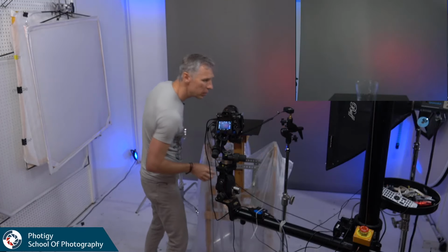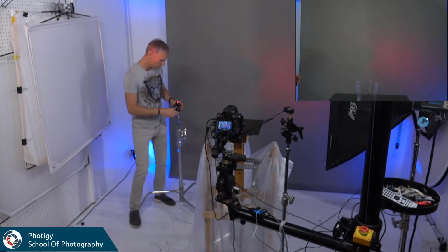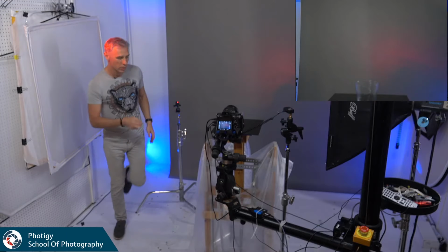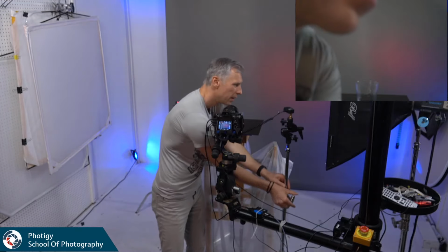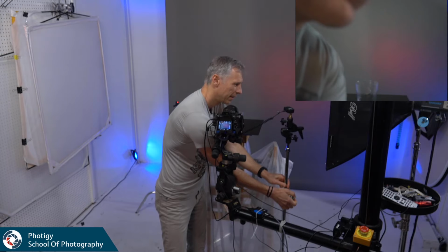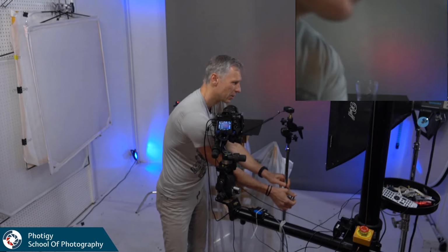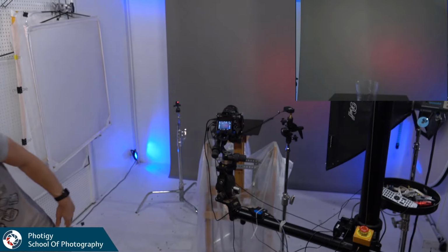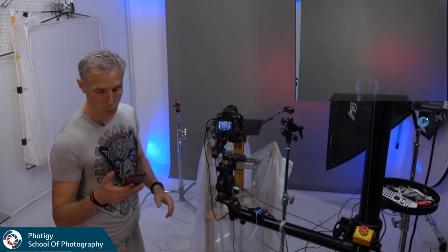Almost, a little bit higher. Let me try to kind of make it. Sometimes it's kind of a tricky thing. It's easier to adjust that guy. The sensor is super small for laser. This is actually one thing that I'm not happy with. Anyway, it's there. What we do now, we do test